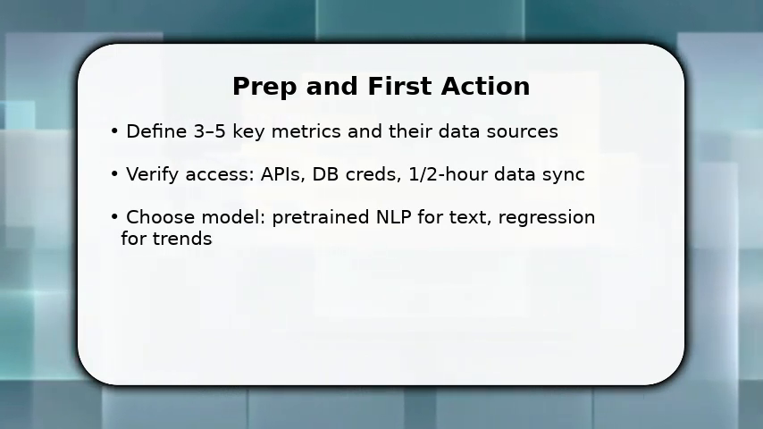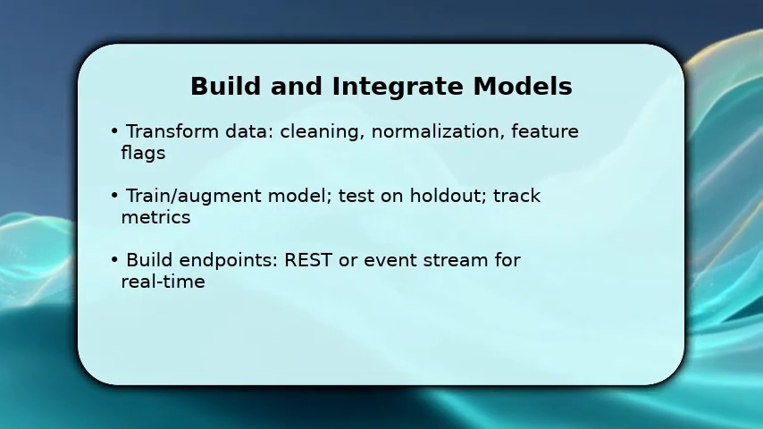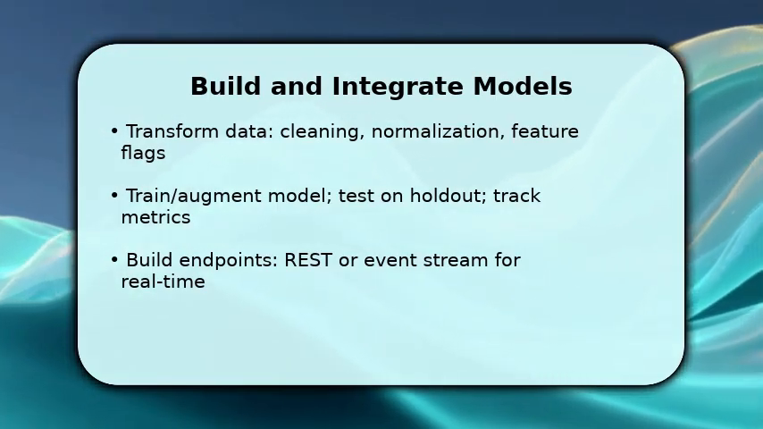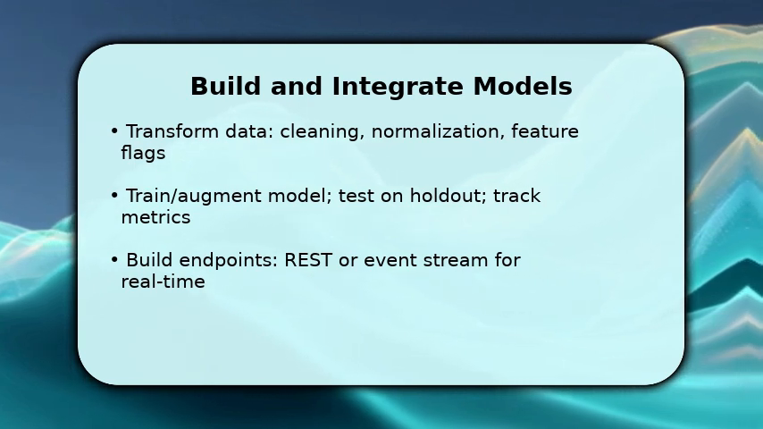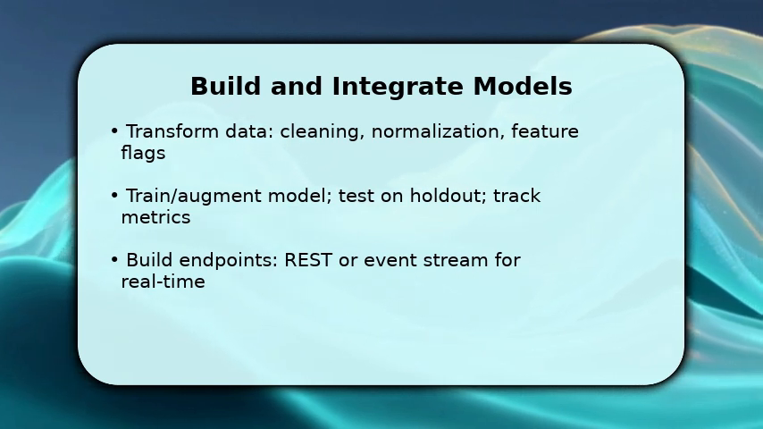Next, you clean and transform incoming records, normalizing fields and adding features that the model needs. This reduces noisy predictions. Once trained, validate on a holdout set and iterate until key metrics meet thresholds, then deploy